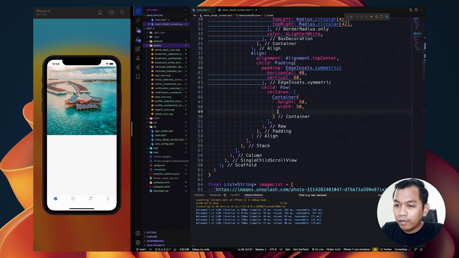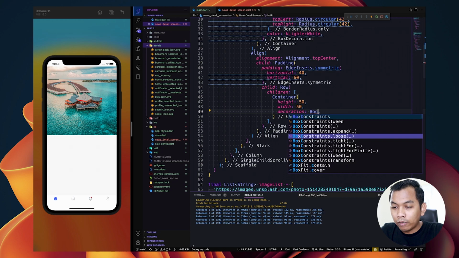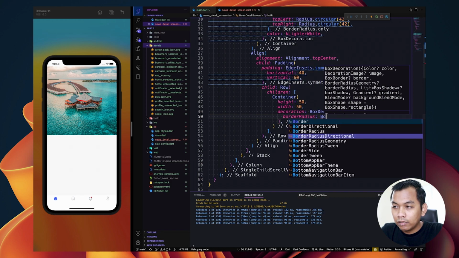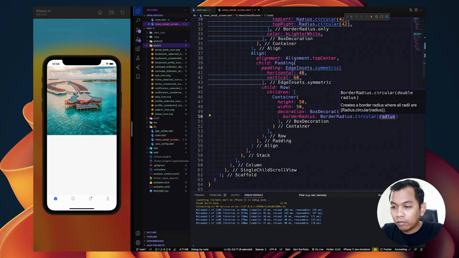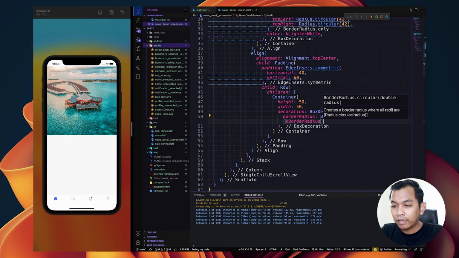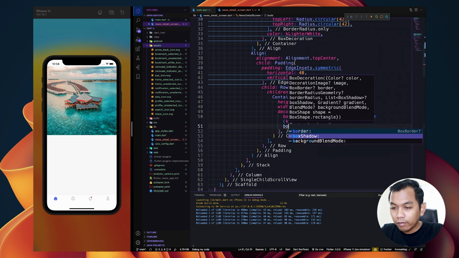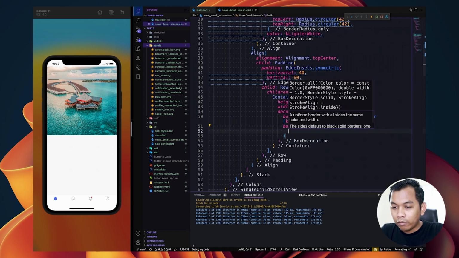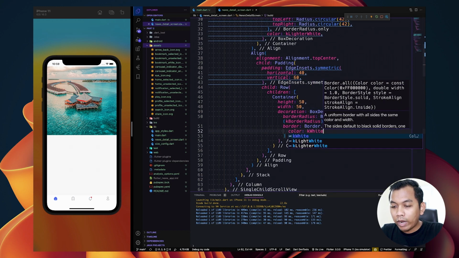And here we will give a box decoration to decorate our border radius to be circular, and say border radius here. And for the border, let's say Border.all, and for the color, let's say kWhiteColor.